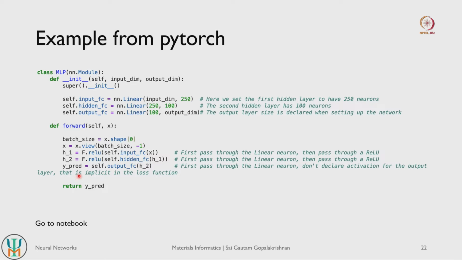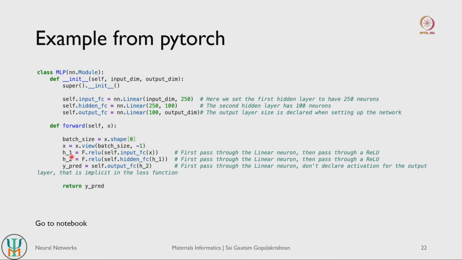how do you actually feed the information. So or in other words, how does the data actually propagate through the neural network. So you define some kind of a batch size here, and for each batch of data, you basically define what kind of activation functions you would be using for your hidden layers. So for example, the first hidden layer, which is this one here, self.input.fc, is subjected to a ReLU activation function. So all the outputs of your first hidden layer will be subjected to this ReLU function.